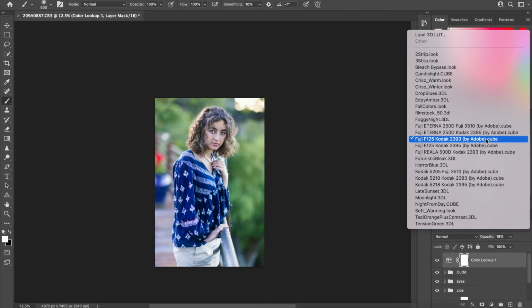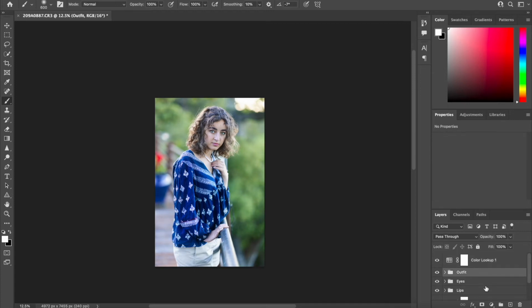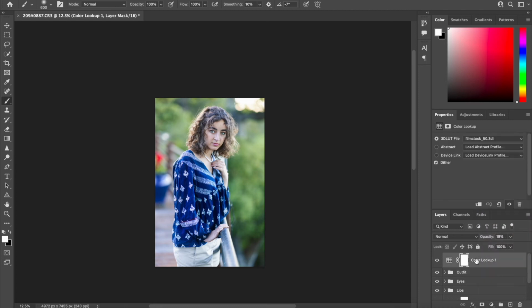Okay, I think I still prefer film stocks like this. Okay, before and after, right? Okay. Now the beauty of using the new adjustment layer is that you can always go back to these groups and